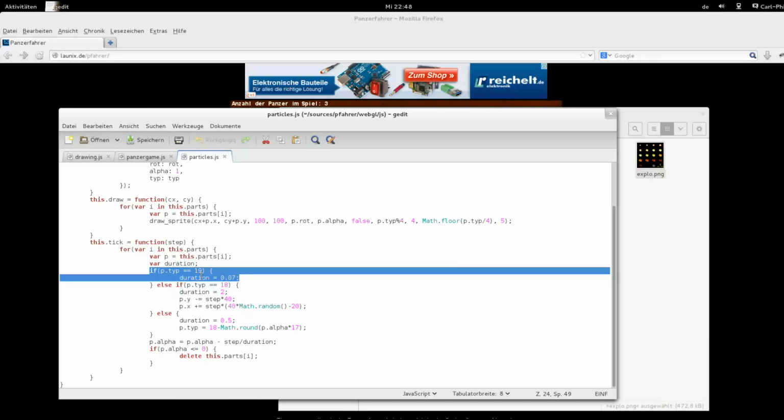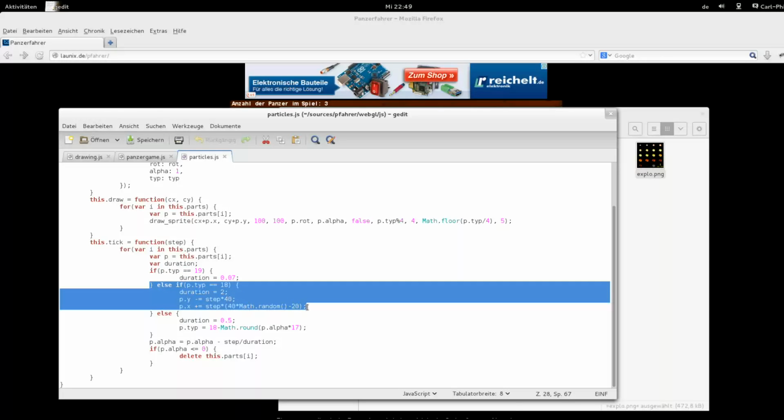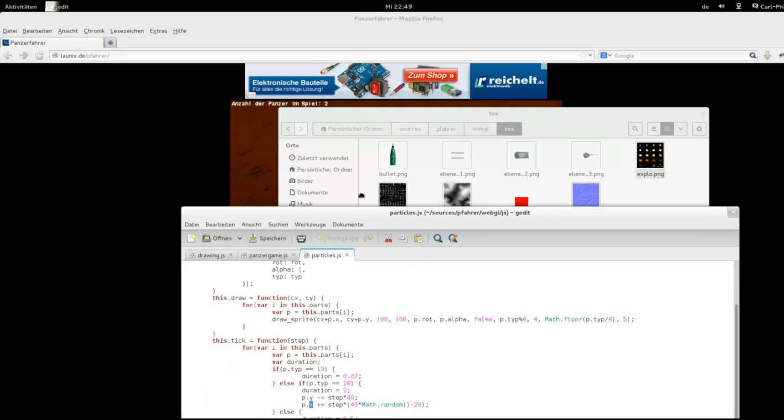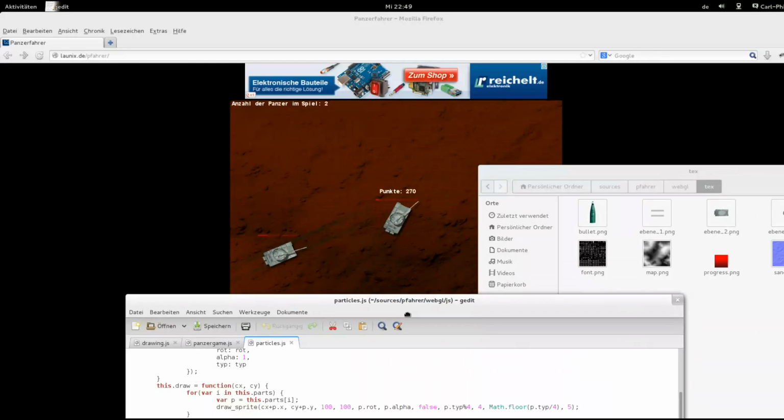So this particle dies after a while. This particle 18 is the smoke, and this decreases the y value and adds some random movement to the x coordinate. So the smoke goes up to the sky,